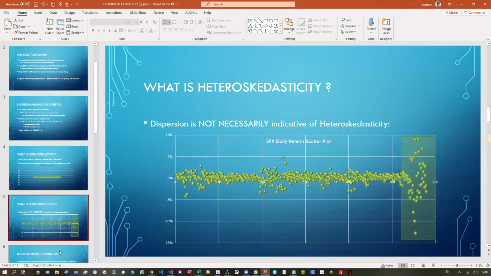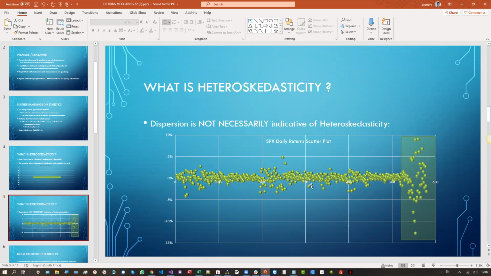So what is this? First, I'm plotting here the daily return scatter plot on the SPX, and we see the normal volatility points. This is, I think, from early 2018 to now, and the market went very, very bizarre in the last month. We probably all know why, but in terms of math or data, how can we explain it? We're going to see that heteroskedasticity is there, but this plot does not explain it, and does not even exhibit it, because it's just a plain dispersion. We know the market went crazy.